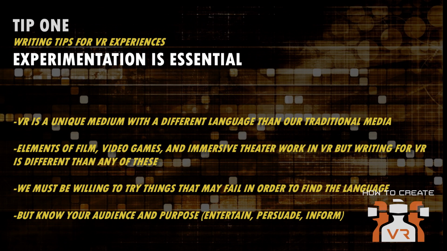We see a lot of VR pieces that are meant to educate people about a certain topic. We especially see a lot of 360 video that is created, that is 360 journalism. That's wonderful. A lot of great storytelling. The New York Times has done some incredible pieces, but it's purely meant to inform us about an issue that's going on in the world. So establishing it right up front, is my piece meant to entertain, persuade, or inform, is a great first step when you're beginning to experiment with writing something for virtual reality.